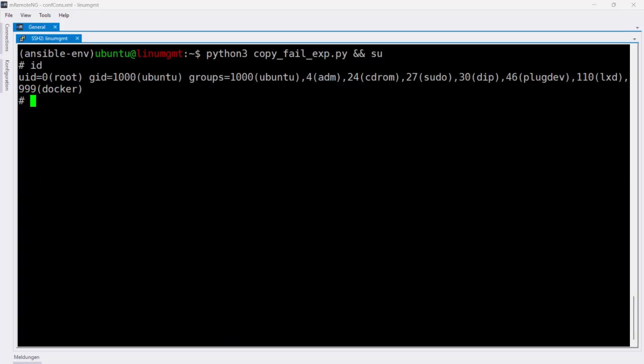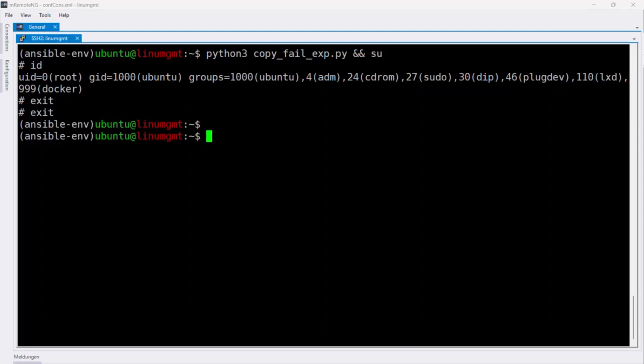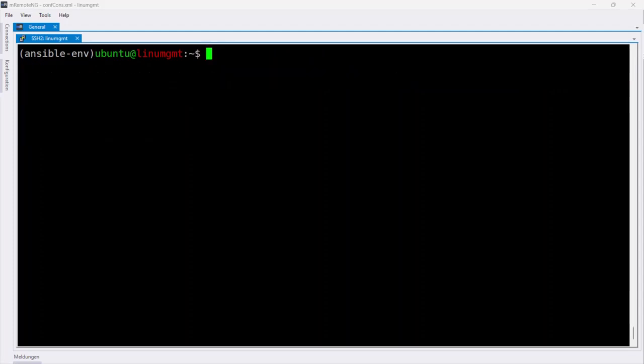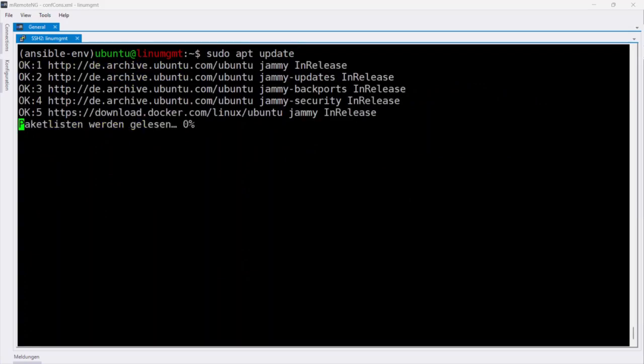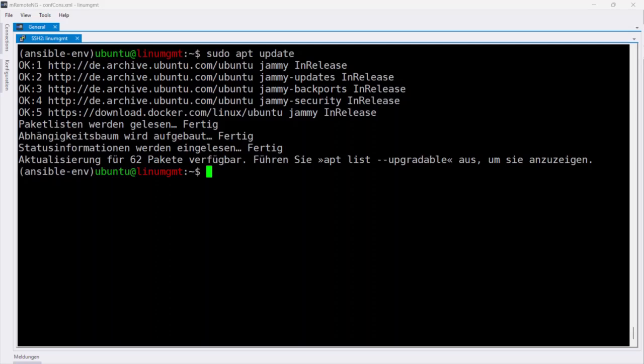Escalation is easy. Staying safe is the real challenge. We exit the root shell and return to our normal user. Now we perform the most critical step in system administration, remediation. We run sudo apt update and sudo apt upgrade.